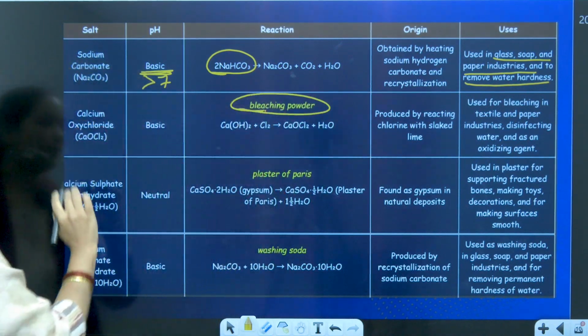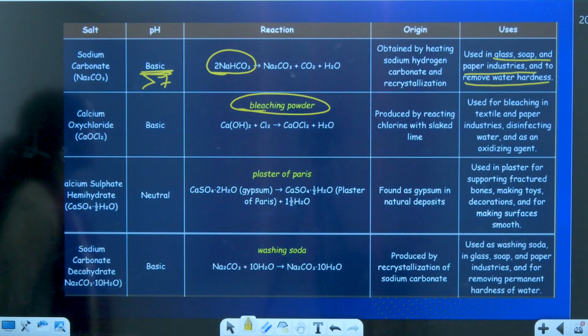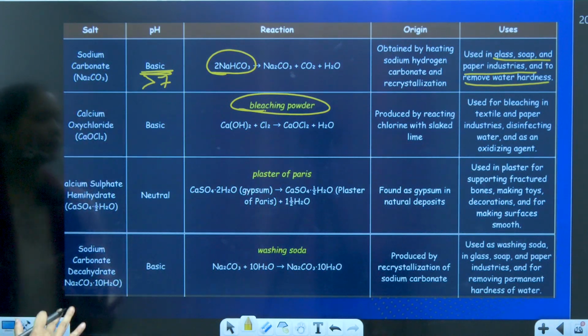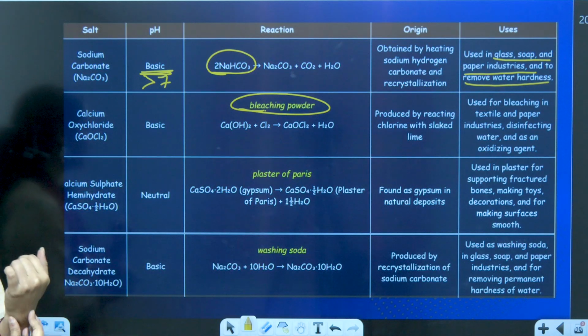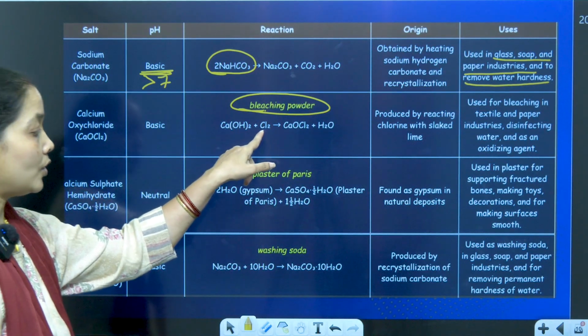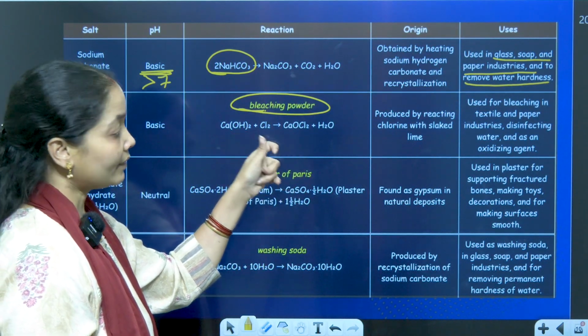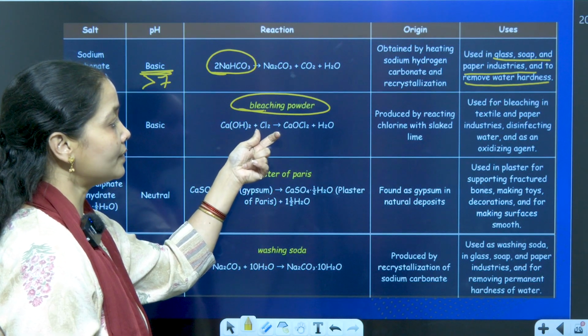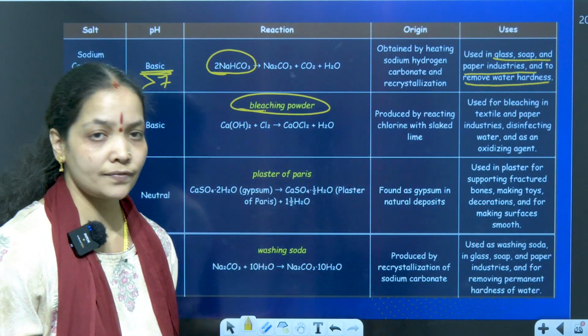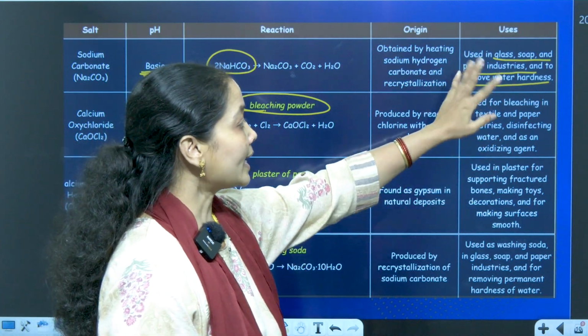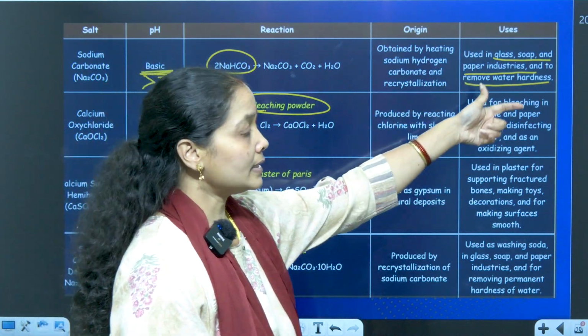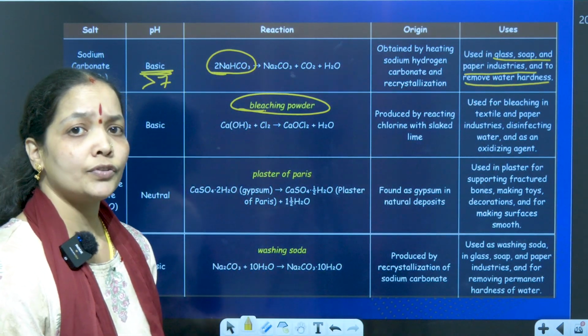The chemical name of bleaching powder is calcium oxychloride, CaOCl2. This is also basic in nature. This is formed using the byproduct called calcium hydroxide adding with chlorine. When I am adding Ca(OH)2 with chlorine, CaOCl2 and H2O is formed. This is produced using slaked lime reacting with chlorine, and it has a wide range of uses,